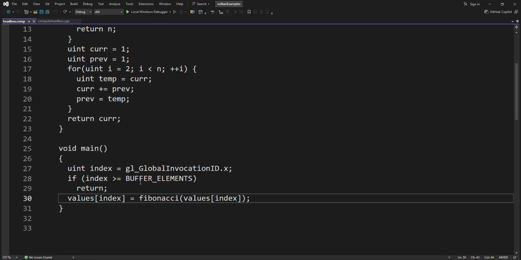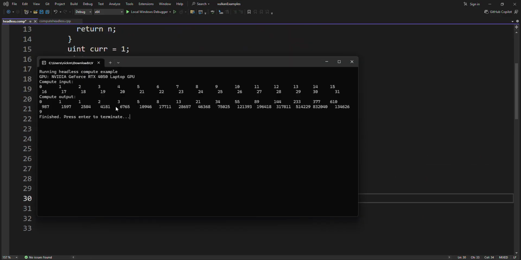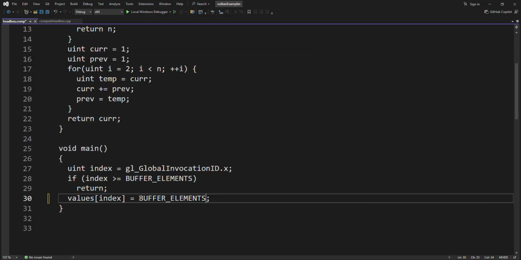So in order for me to do a sanity check, what I ended up doing was changing it, instead of doing the Fibonacci stuff, to just the buffer elements. So if I input 5 here, I get all fives. If I input 31 here, I get all 31. If I input 2 here, I get all twos. If I input 0 here, I get all zeros, right? I changed it so that there were hard boundaries between the different values, so that the driver doesn't